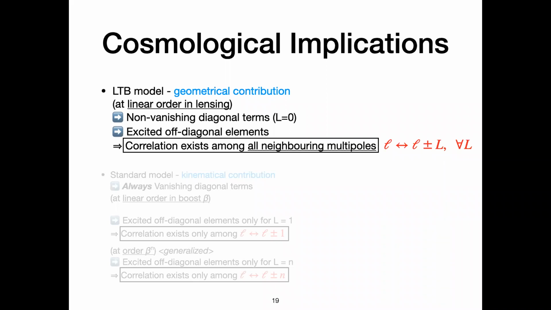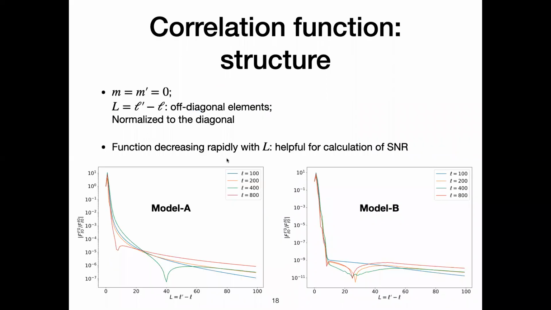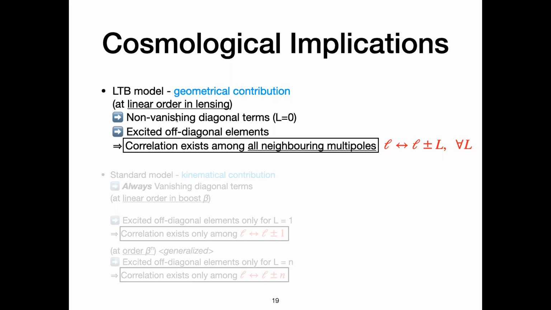First of all, in the LTB model, we only look at the geometrical contributions of the lensing, and the contribution of the lensing is quite dominant with respect to the kinematical contributions which we study in the standard